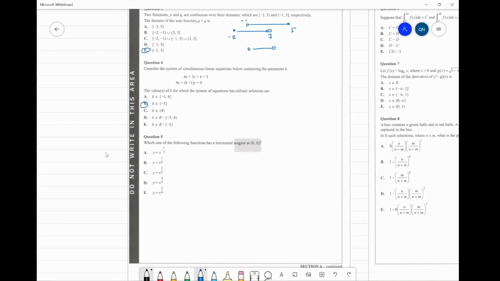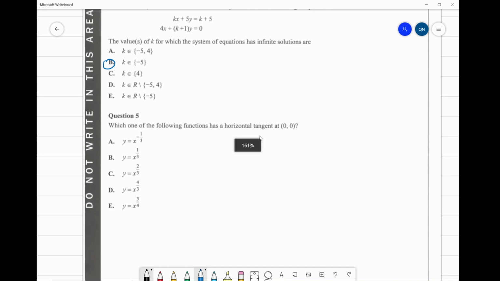Okay, question 5, which one of the following functions has a horizontal tangent? Horizontal tangent at 0, 0, so you want it to pass through the origin. So x to the minus 1/3, well, I know what x to the 1/3 looks like, it's cube root, like that. X to the 2/3,